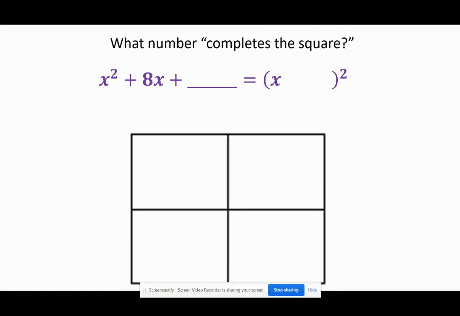I would recommend recording some of these in the back of your book in the blank pages. This is the strategy the book assumes that you know. Okay, so we're going to put the x squared here. We're going to take this x squared and we're going to put it right here. We're going to split that middle term directly in half, so we get 4x and 4x. And we're going to write x